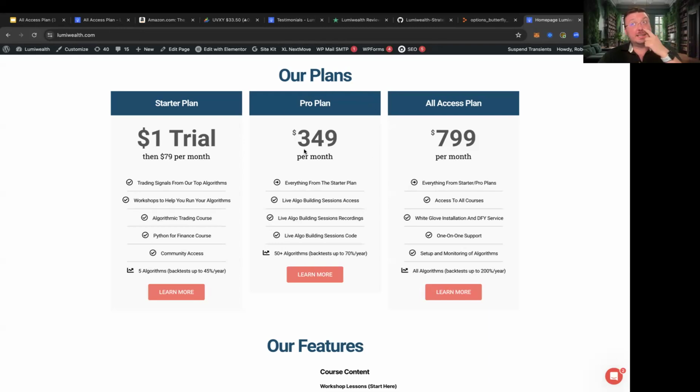So if you're finding that this is a budgetary constraint and you're wondering if this is going to make sense, maybe the Pro plan is more appropriate for you, right? So just putting it out there, you have options. Here we're talking about the All Access plan. This is the full shebang of everything. The Pro plan has the live algo building sessions. It has the actual strategy library, all that type of stuff as well. So if you want that Condor Martingale, $349 a month can get you there too, right?